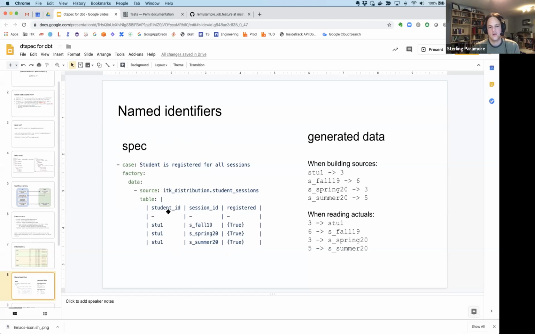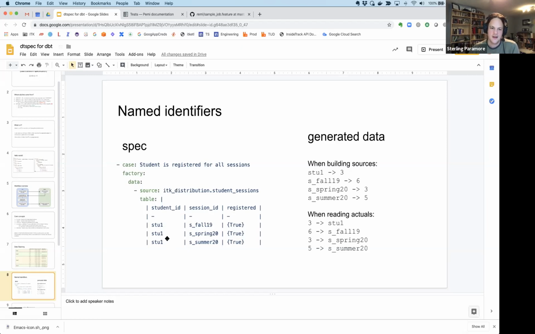And then when you specify that in another section in dtspec, it treats these columns a little differently. It doesn't treat them as literal strings. So the student ID and session ID columns in our database are integers. They're just unique integers generated by the application. But we want to write tests that allow us to support the stacking concept.